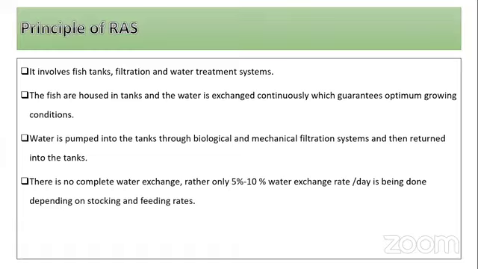Now, what are the principles of RAS? It involves a fish tank, filtration and water treatment system. The fishes are housed in the tank and the water is exchanged continuously, which guarantees optimum growing conditions. Water is pumped into the tank through biological and mechanical filtration systems and then returned into the tank. As I was telling you, we are cleaning the water by using filters. Different kinds of filters, like mechanical filter, ozone filter, biological filters,